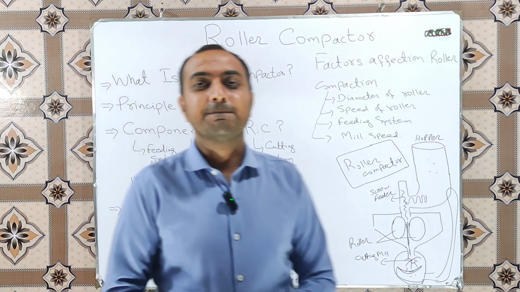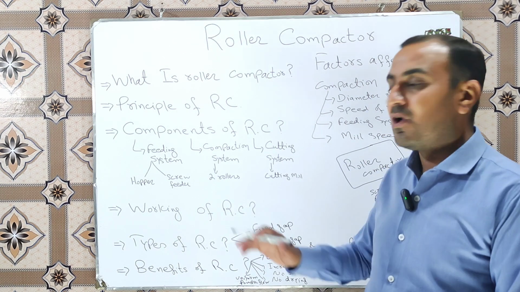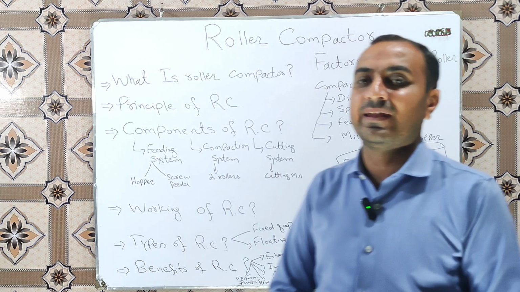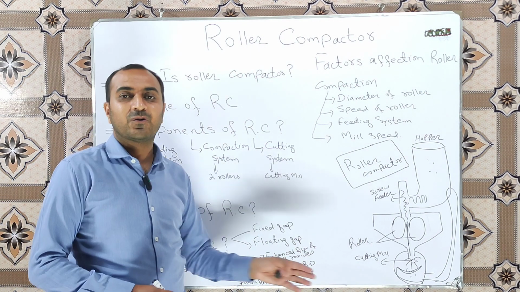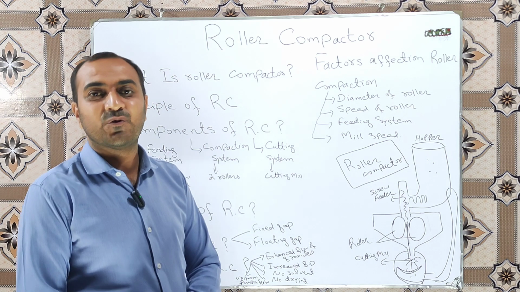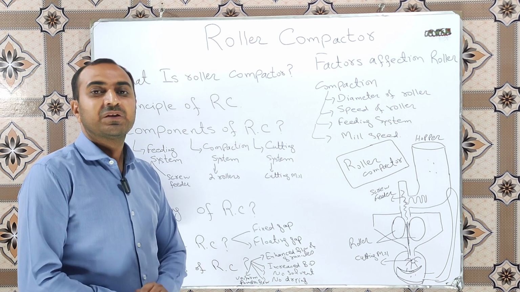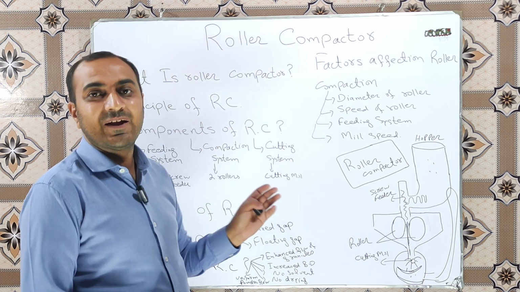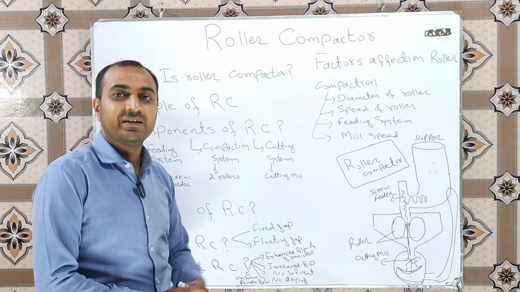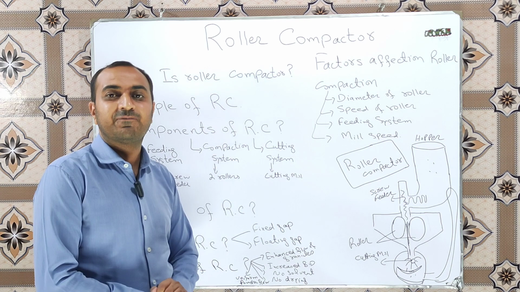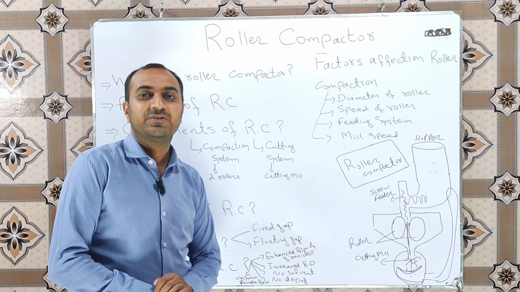Next one is the benefits of the roller compactor. By using the roller compactor, we ensure that there is an enhanced flow of our granules, and due to the roller compaction, the bulk density of our product is increased. By using roller compaction, we need no solvent, and when we need no solvent, there is no process of drying. Due to the roller compaction, the flow of powder is uniform due to the screw type feeding system.